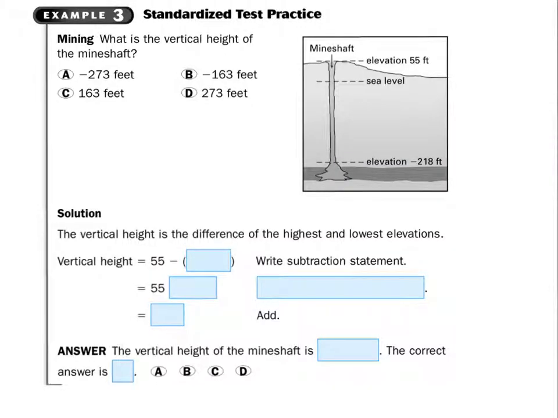And finally, in example 3, we are going to discover the vertical height of the mine shaft in this picture. We are told that the top of the mine shaft is an elevation of 55 feet. Below that mine shaft is sea level, and then it goes as far down as negative 218 feet. So we're trying to find the vertical height of the mine shaft. So what we're going to do is we're going to say the elevation at the top, 55, minus the elevation at the bottom, negative 218,